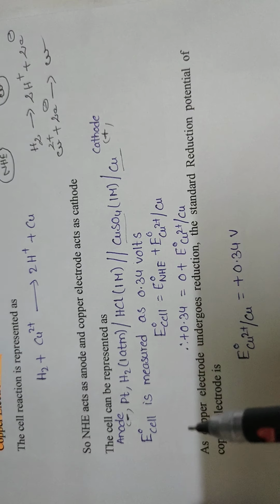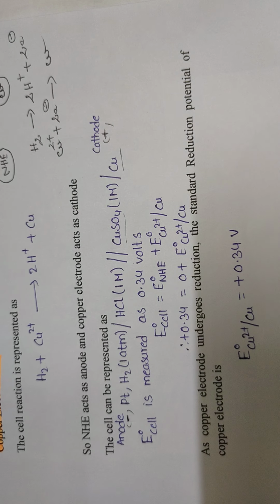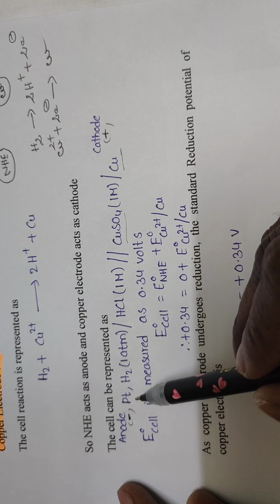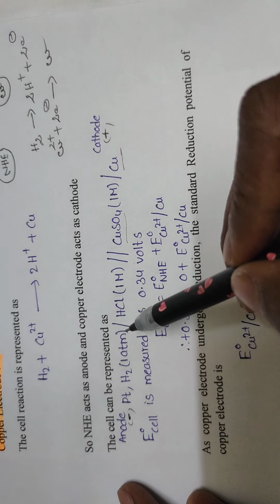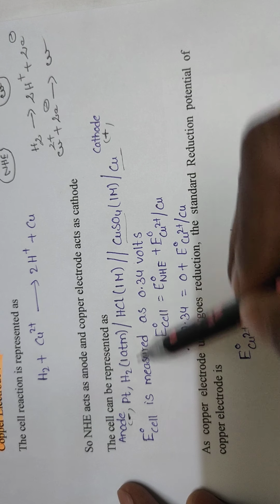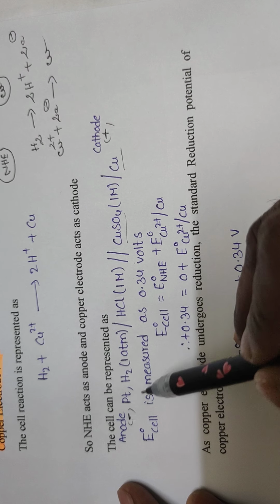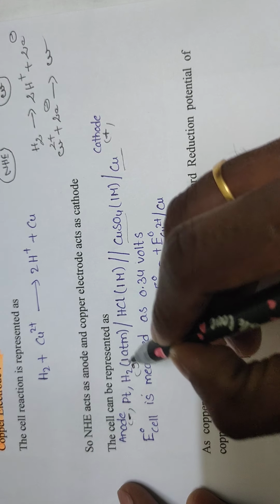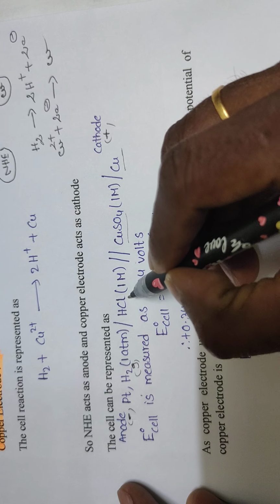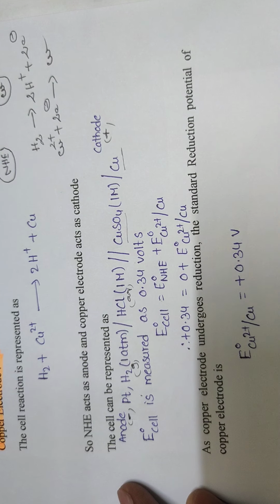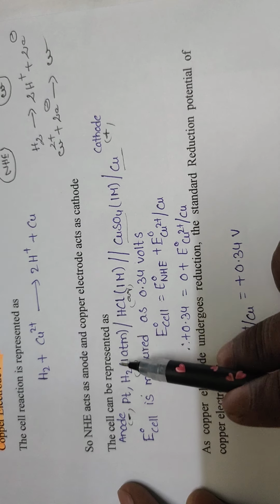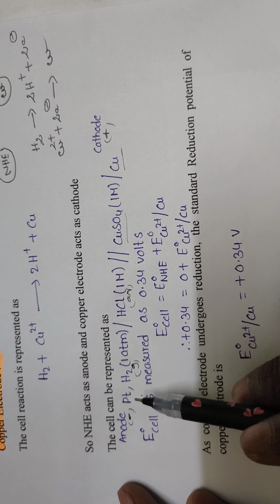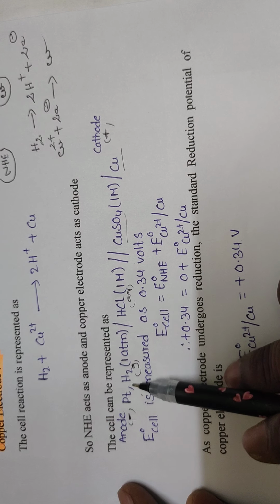So what is the half cell notation at anode in the normal hydrogen electrode? In the normal hydrogen electrode, H2 gas is absorbed by platinum foil and then it is dipped in 1 molar HCl solution. So we should write the half cell notation as platinum foil, H2 gas, 1 atmosphere, HCl, 1 molar. Here the electrolyte solution is HCl and the metal is platinum foil, with H2 gas absorbed by the platinum foil. So it is the half cell notation at anode.